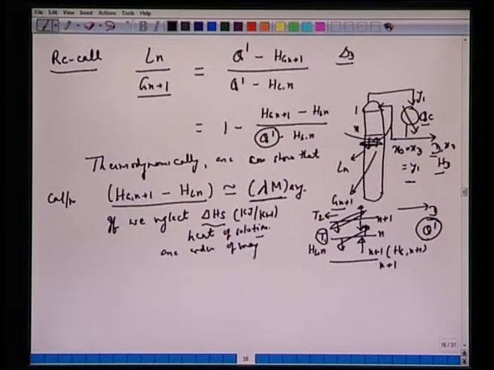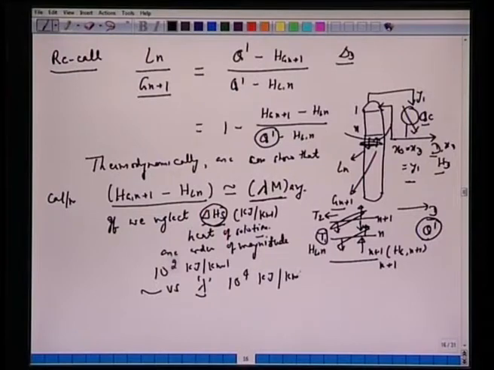If you look at any handbook or thermodynamic table, you will see that this del Hs, the heat of solution, is of the order of, say, 10 to the power 2 kilojoule per kilomole, in comparison with the lambda, the latent heat of vaporization. Although the latent heat of vaporization will change with temperature or composition, this quantity is very large, 10 to the power 4 kilojoule per kilomole. So this is the molar latent heat of vaporization.